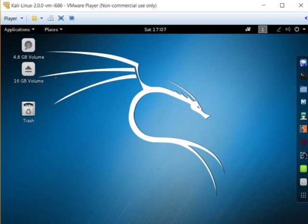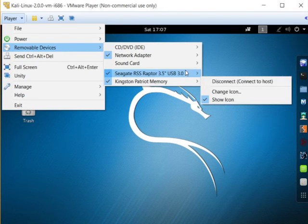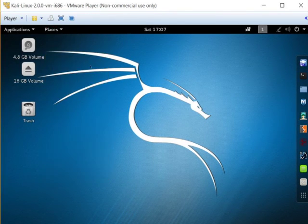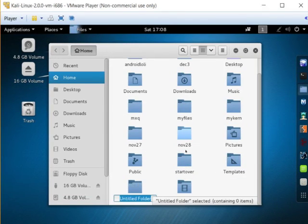But anyways, if you didn't do that, just plug in your USB drive, the one you copied the files to, the USB system, and the SDA23 kernel. Make sure they're both enabled here. They both should stay connected, or if you just have the one connected, you might not actually have this show up either. But anyways, click Places, go to Home, right click, click New Folder, call this USB Files,